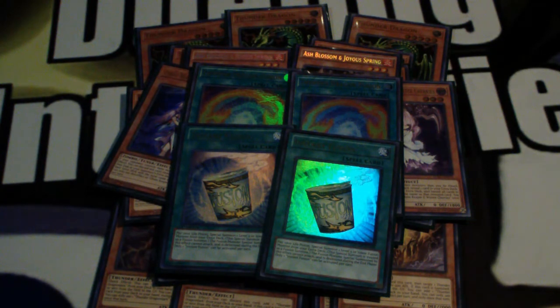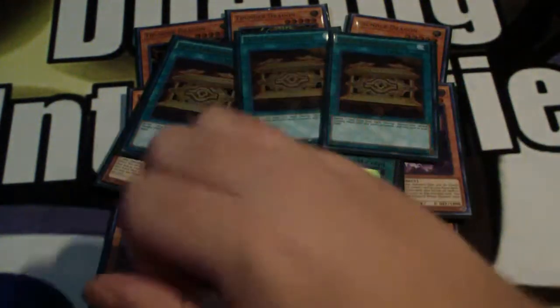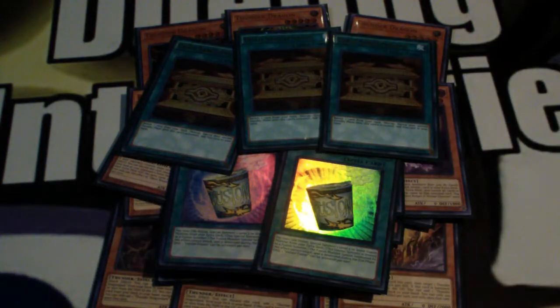Speaking of things that are great in this deck, we are running triple Gold Sarcophagus because this is just nuts. It's a free Thunder Dragon banish monster effect, and then you get that resource back in a few turns if the duel even lasts that long, if you don't win that turn just using that. And then